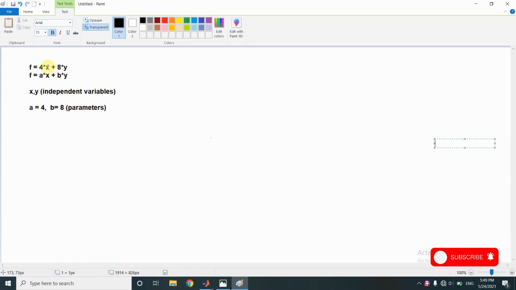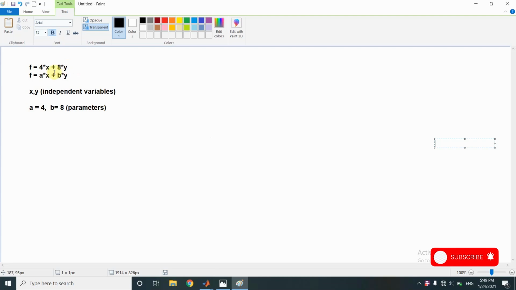So here x and y are actually the decision variables or the independent variables. Throughout the algorithm, the values of x and y will change, and we will try to find out the most optimal values of x and y that will give the minimum value of f.